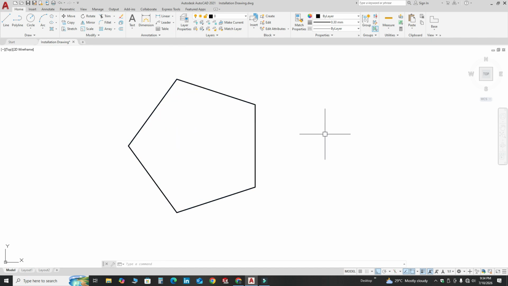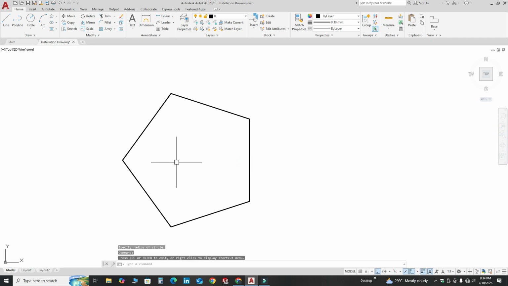For this, I will select the line command and turn on the ortho option, so we can create orthogonal lines, or lines that are perpendicular to each other. You can see I cannot create lines like this because of the user coordinate system, or UCS. We have the current user coordinate system: X is in this direction and Y is in this direction. So we have to translate this coordinate system and also rotate it in order to create a line like this.